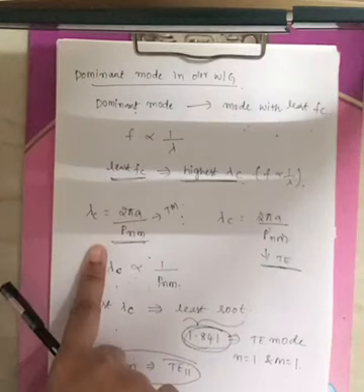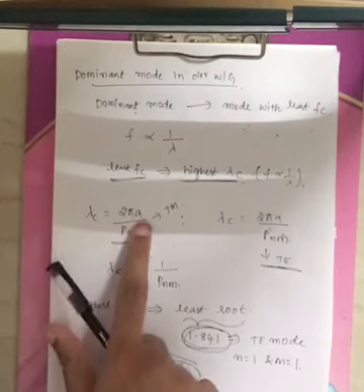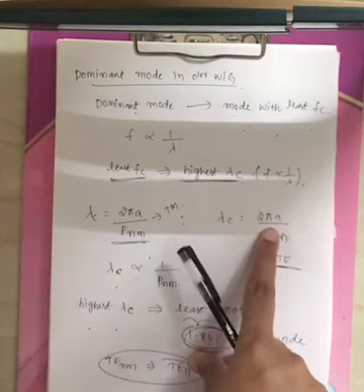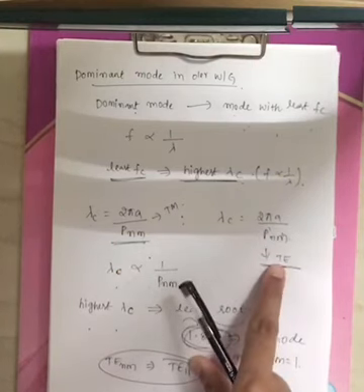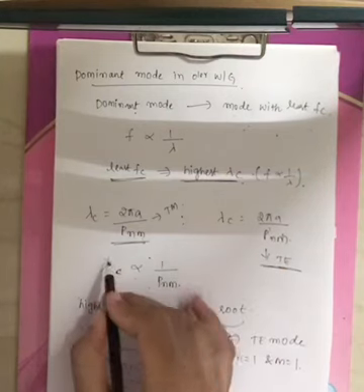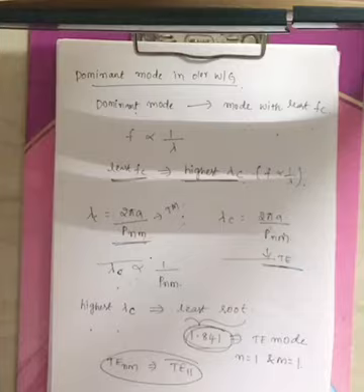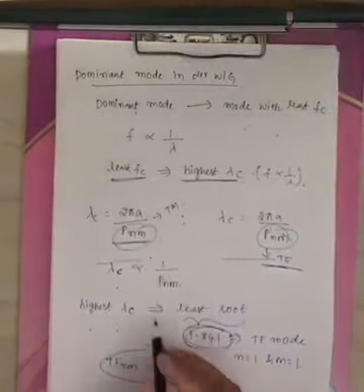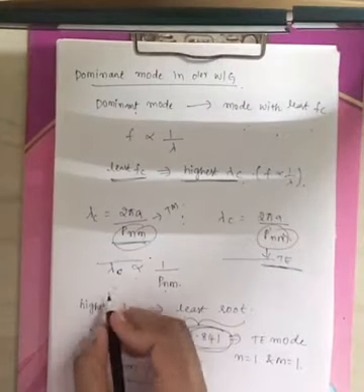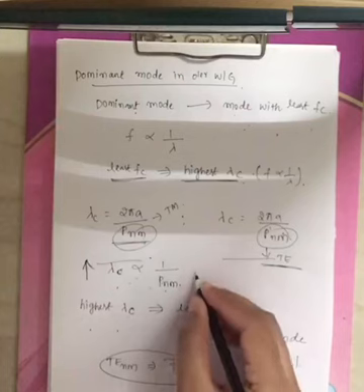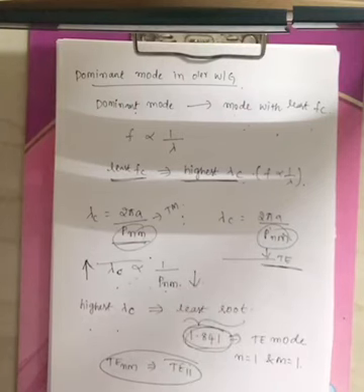Now we have derived the cutoff wavelength equation previously, that is 2 pi a by pnm for TM mode of propagation, and 2 pi a by p dash nm for TE mode of propagation. If you see these two formulas, lambda c and the roots pnm and p dash nm are related inversely, right? Now the dominant mode should have the highest cutoff wavelength, but that indicates it should have the least root, because those two are inversely proportional.